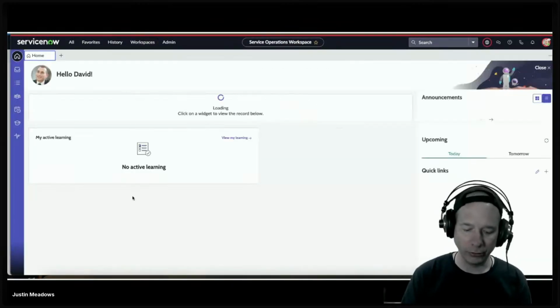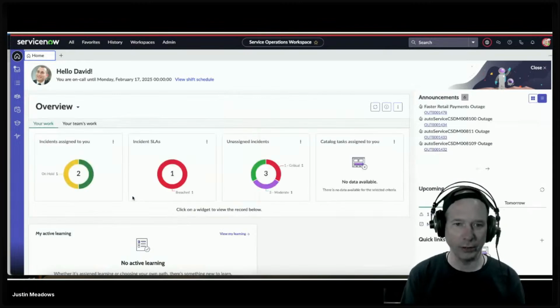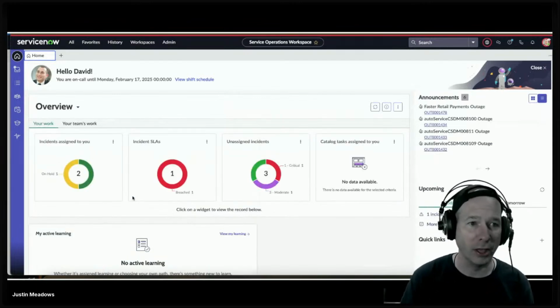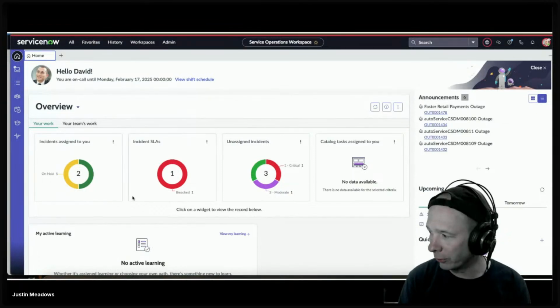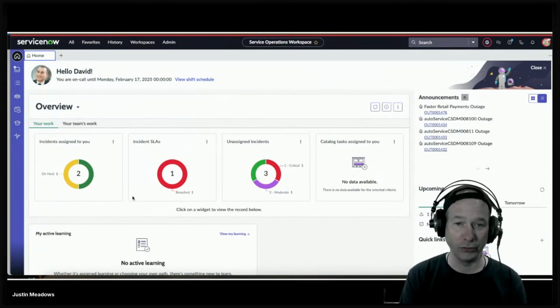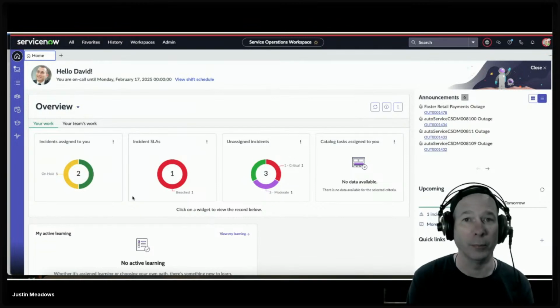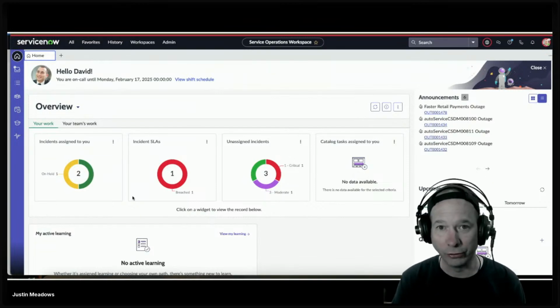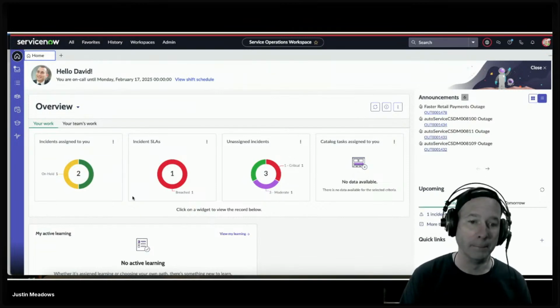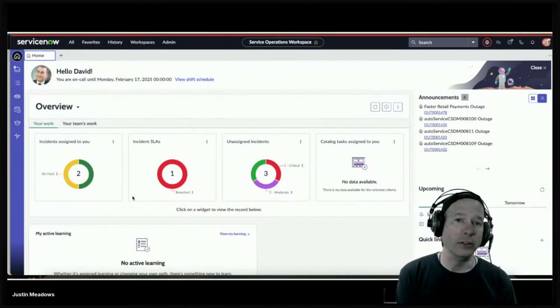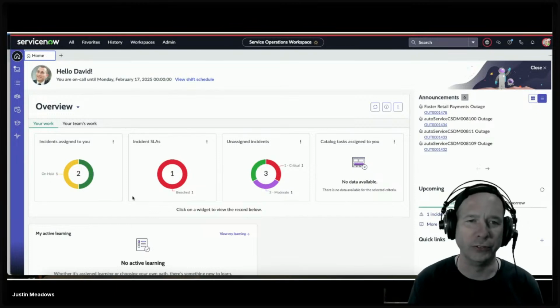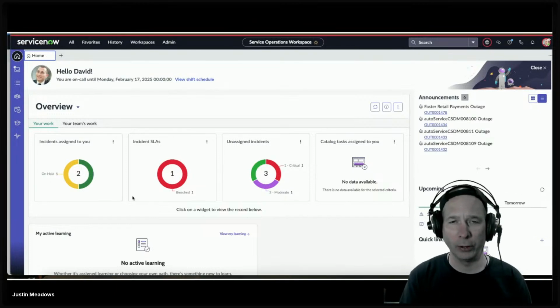Service Operations Workspace started off as kind of just ITSM, and then it started getting some more features around ITOM, or IT Operations Management. So in this session, we're going to focus on the ITSM part of it: incident, problem, change, request, and interactions. We'll take a look at interactions. So I'm in as one of the demo personas, David Liu, he's part of the service desk group,